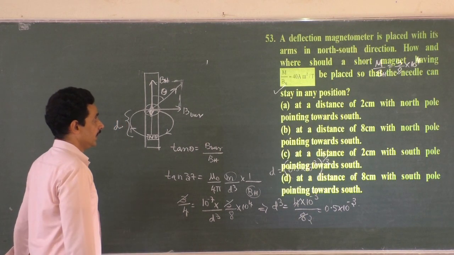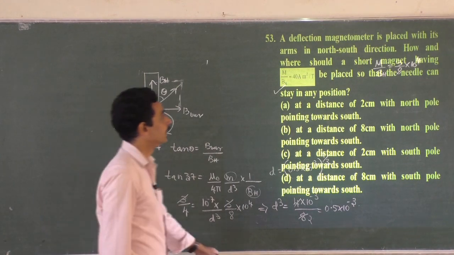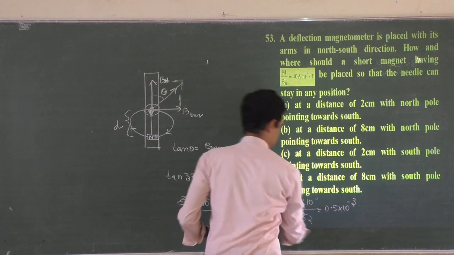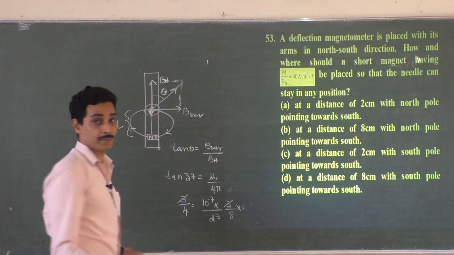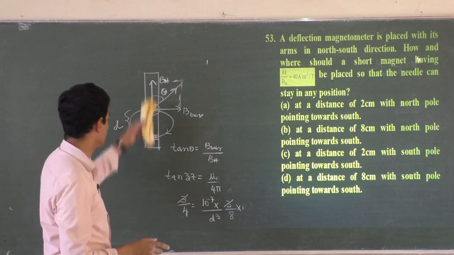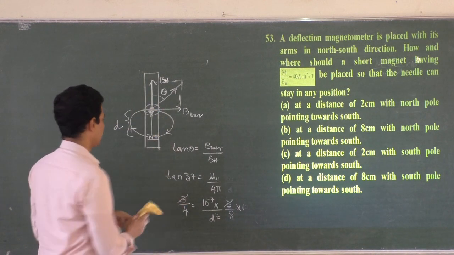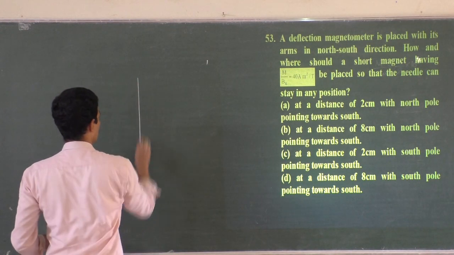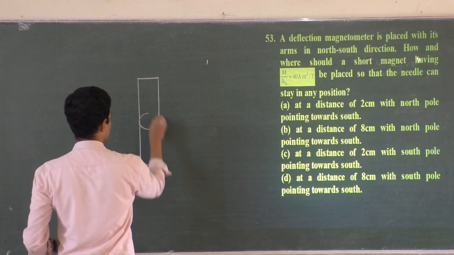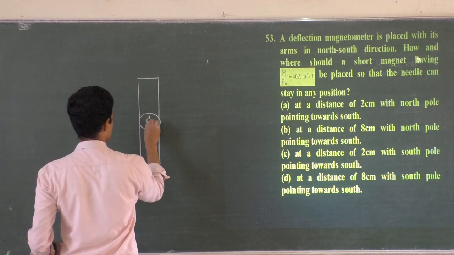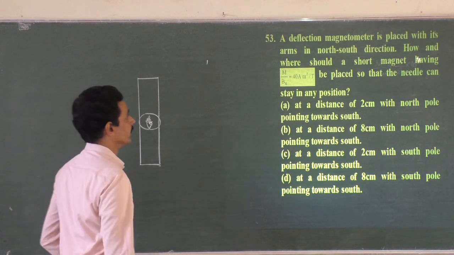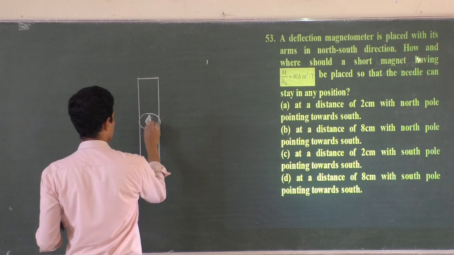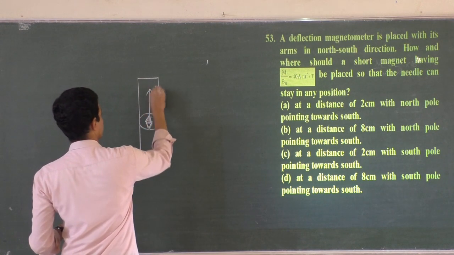53. A deflection magnetometer is placed with its arms in the north-south direction. That means the magnetic needle should be parallel to this one. North-south direction means it should be parallel, so I'll keep it as it is. In a deflection magnetometer, the whole apparatus is kept such that the needle stands in the north-south direction. In the same direction, the magnetometer is kept. Magnetometer means this whole wooden box, right? So it is kept in the magnetic field direction, BH. Then,